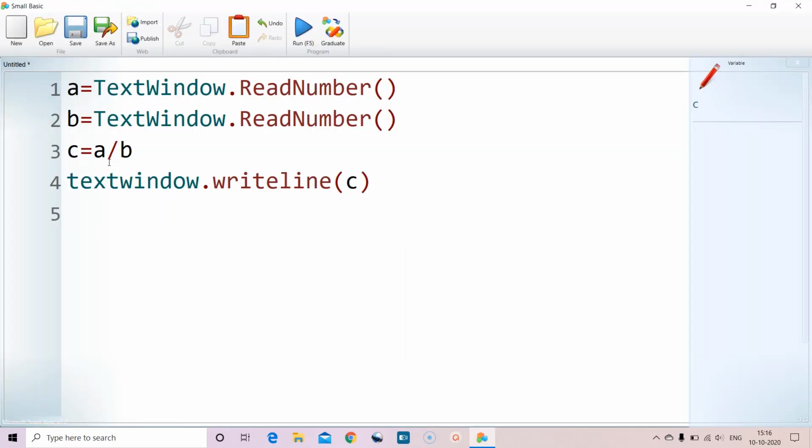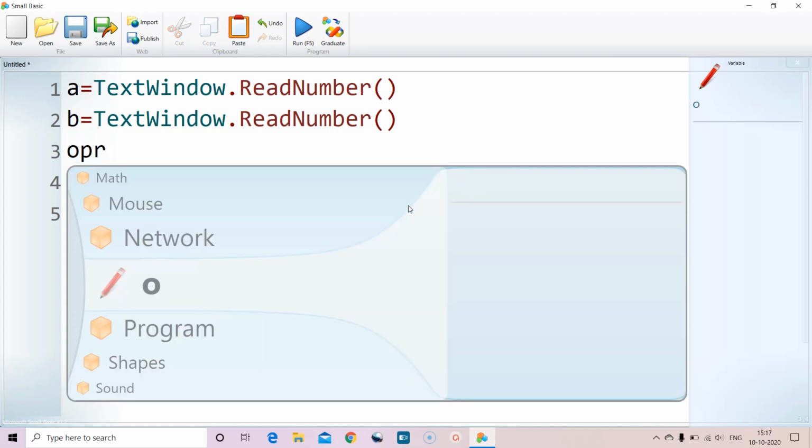So now instead of giving the operator, let us develop a small calculator. Of course, this requires an if condition. I will explain the if condition later, but let me write a small calculator using if. So let us also read an operator.